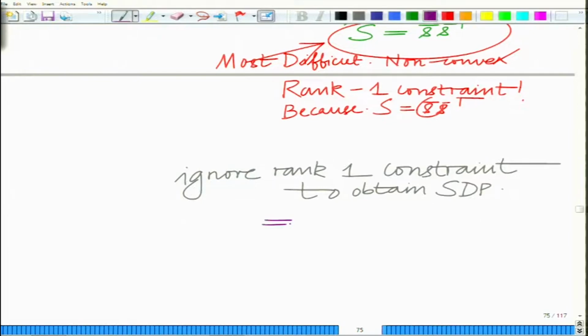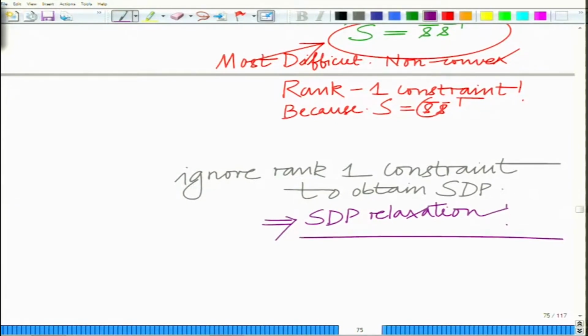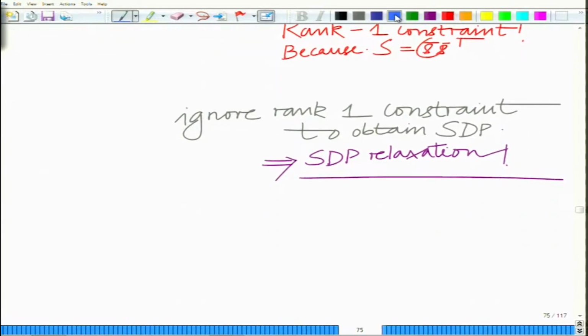Obtain SDP. This is termed as SDP relaxation. Okay, so what we have now is an interesting problem. Our ML decoder, the ML MIMO decoder for that matter, can be equivalently written as